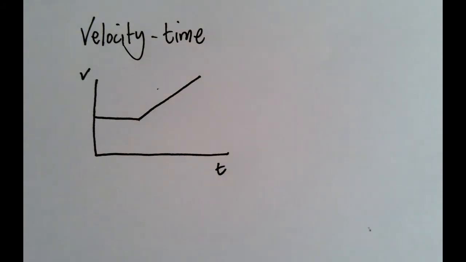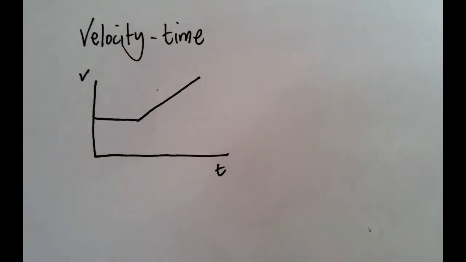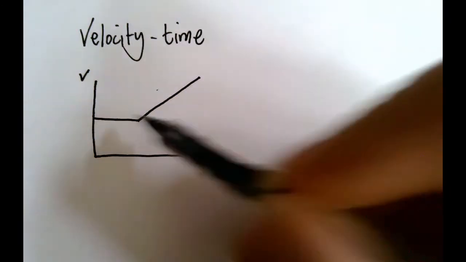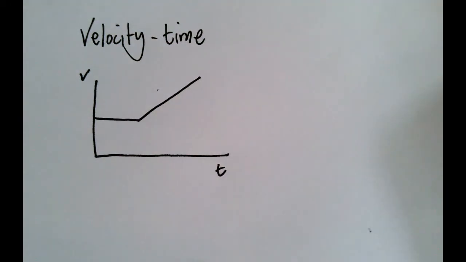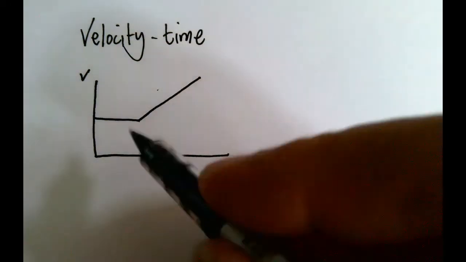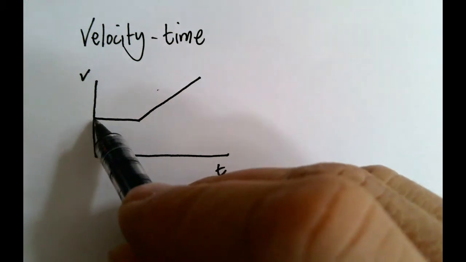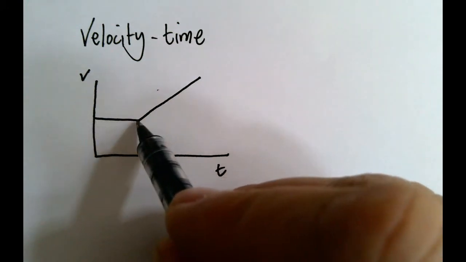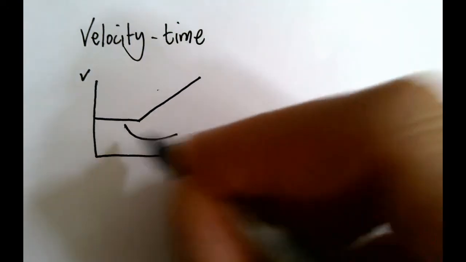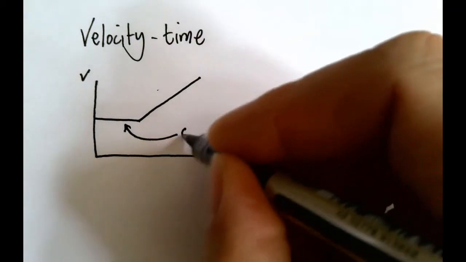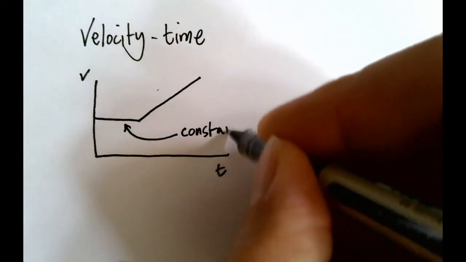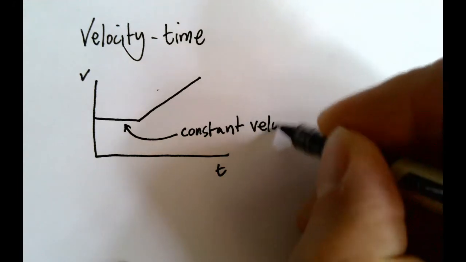Okay, now we've got velocity time graphs. I've sketched one here. Just like before, it's all about the gradients, and in fact this time we're also interested in the area underneath the graph. So, like before, these are straight lines that I've drawn here, so whatever's happening is a constant something. So here, the velocity stays the same, because it's a horizontal line, so that would be a constant velocity,